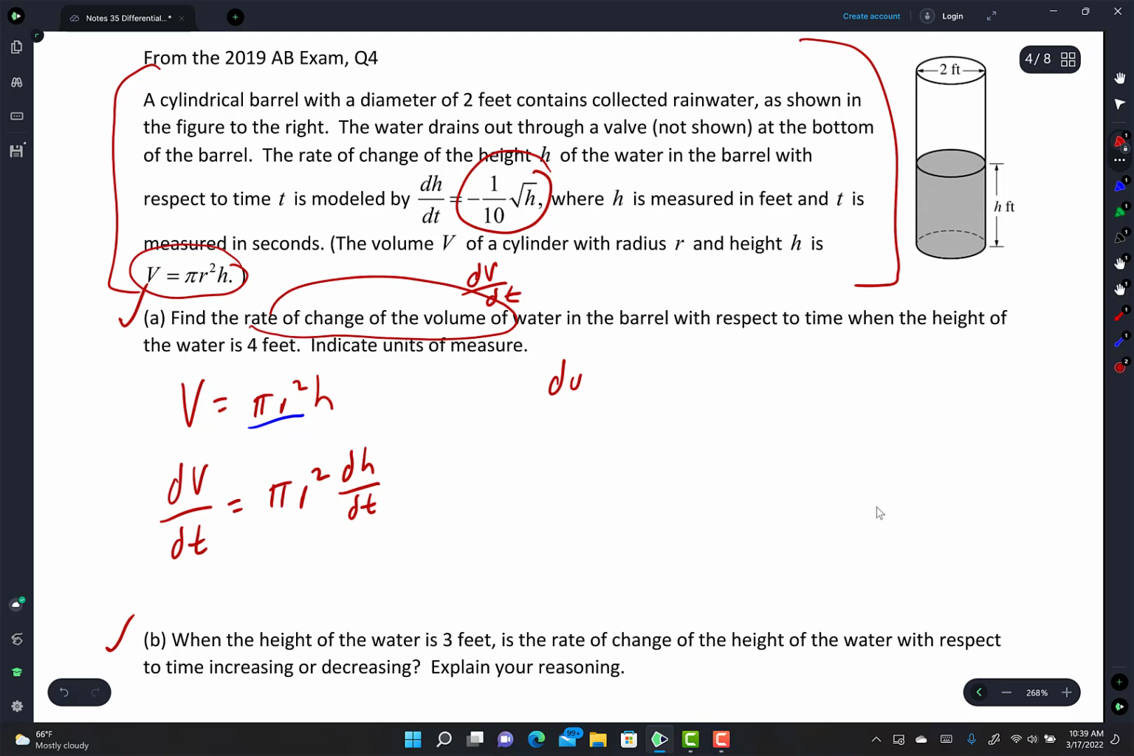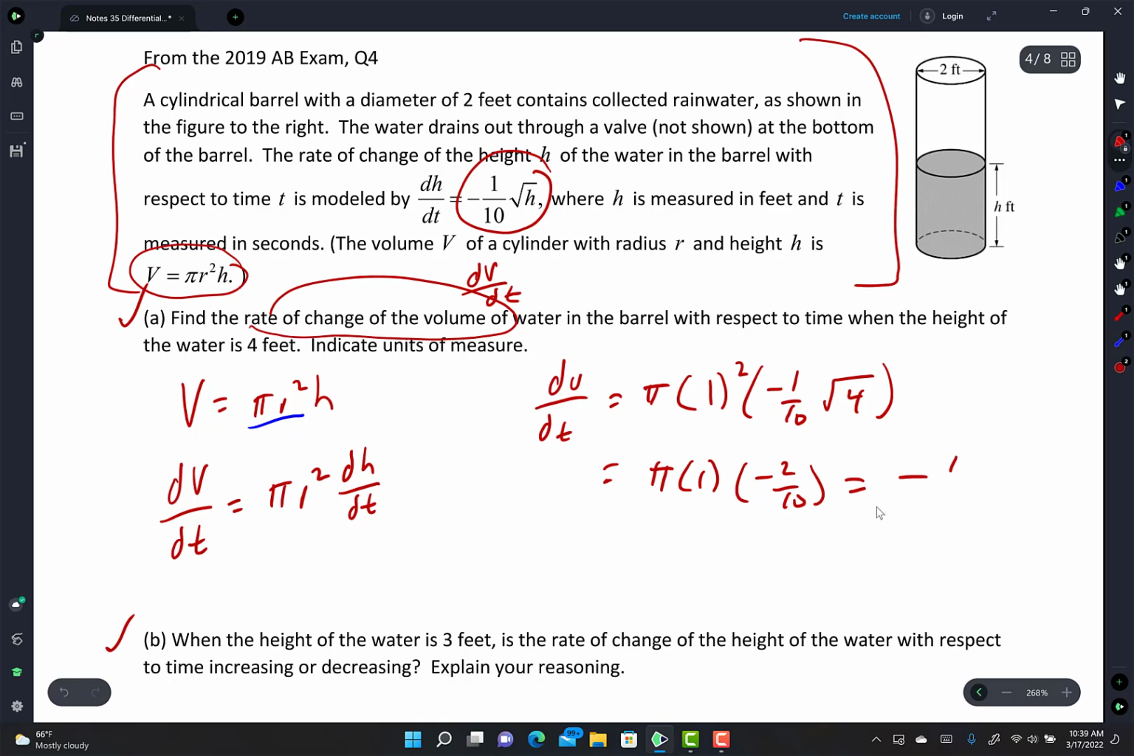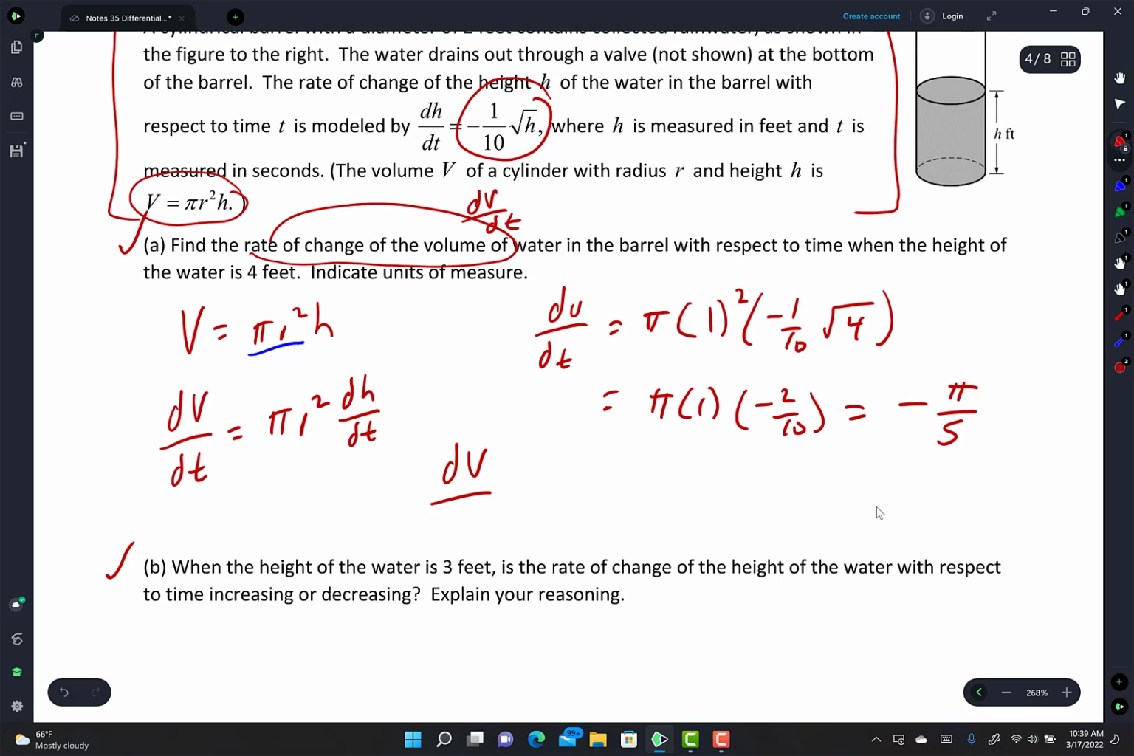So I'm going to write dV/dt is equal to pi times, what's my radius? 1 squared times dh/dt. So I'm going to write times negative 1/10. And then the square root of, what's my h? 4. So here it is. I'm going to get pi times 1 times negative 2/10. So all that reduces to negative pi over 5. And I need units. Negative pi over 5 cubic feet